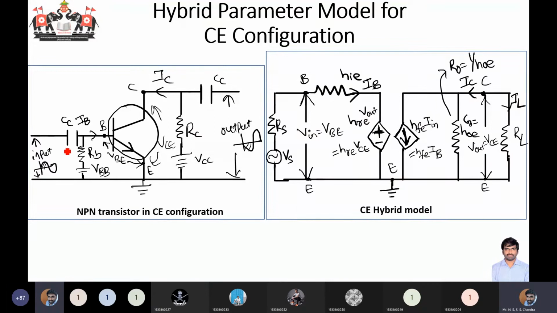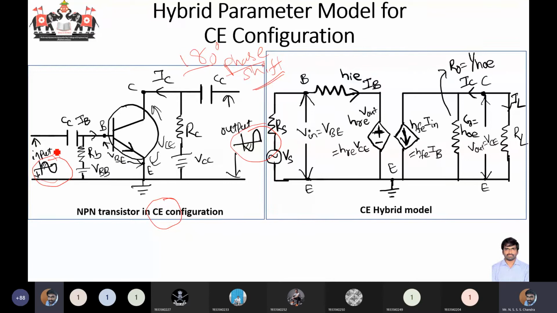This is applicable only for the common emitter amplifier. Even in your objective questions, this is very important. If you are preparing for JANCO or TRANSCO exams, this kind of question will be asked. Can you observe this difference in the signals? For the input signal I am giving a sinusoidal signal, whereas in the output I am getting a sinusoidal signal with 180 degrees phase shift. There's a 180 degrees phase shift because I am using the transistor in the common emitter configuration.